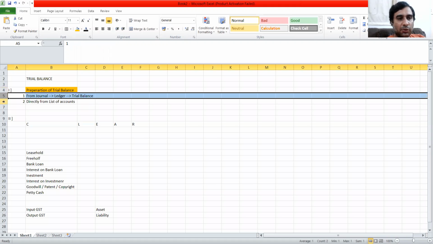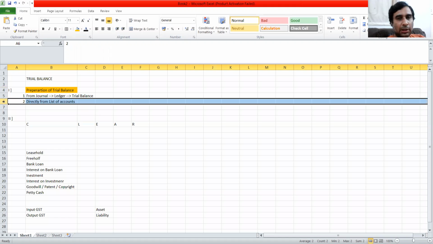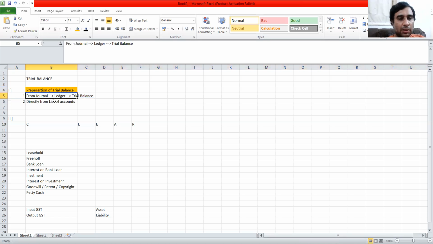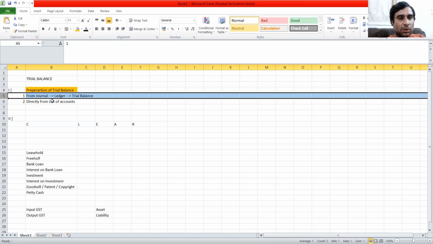And option two is you will be given a list of accounts and the balances, but it is not being classified as a debit balance or a credit balance. And that is where we spoke earlier in the last lectures that what you need to be able to do is have an understanding of accounting, and by reading the name of the account, you should know whether it is debit or whether it is credit. So these are the two broad categories of how you make a trial balance. The easier of the two is the first one because you already know the balance is debit or credit because it is mentioned in your ledger.